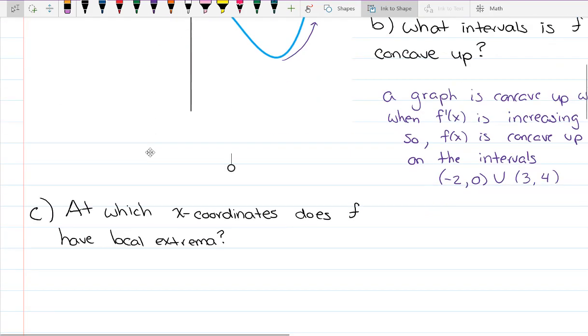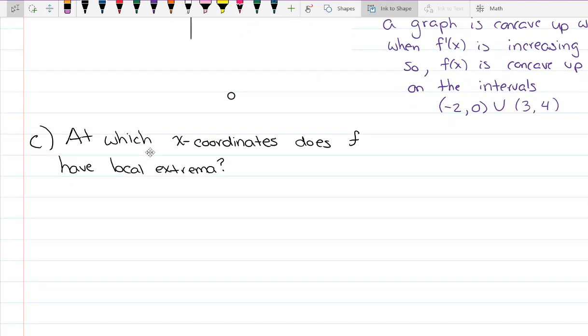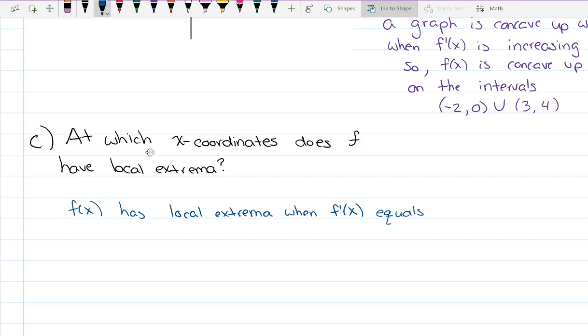So first, let's write that down. So f of x has a local extrema when f prime of x equals 0